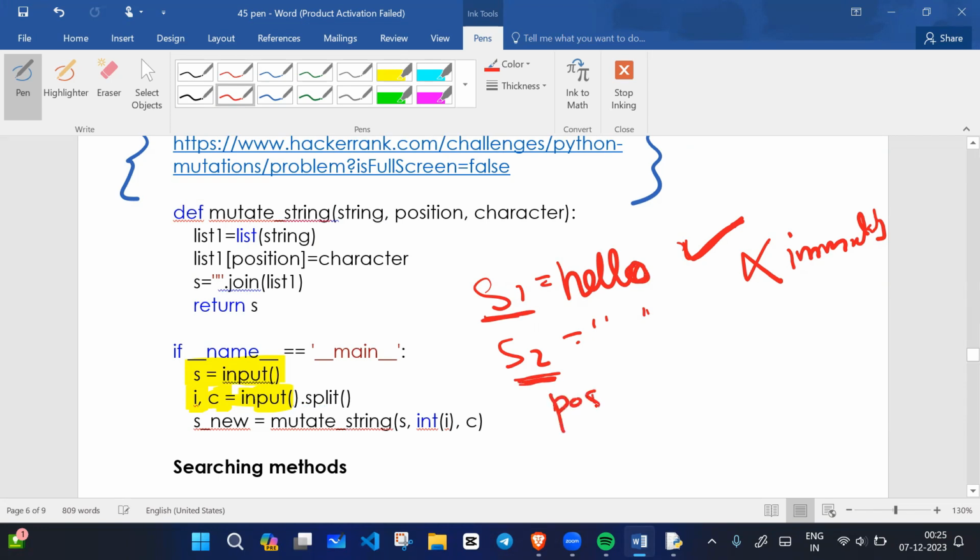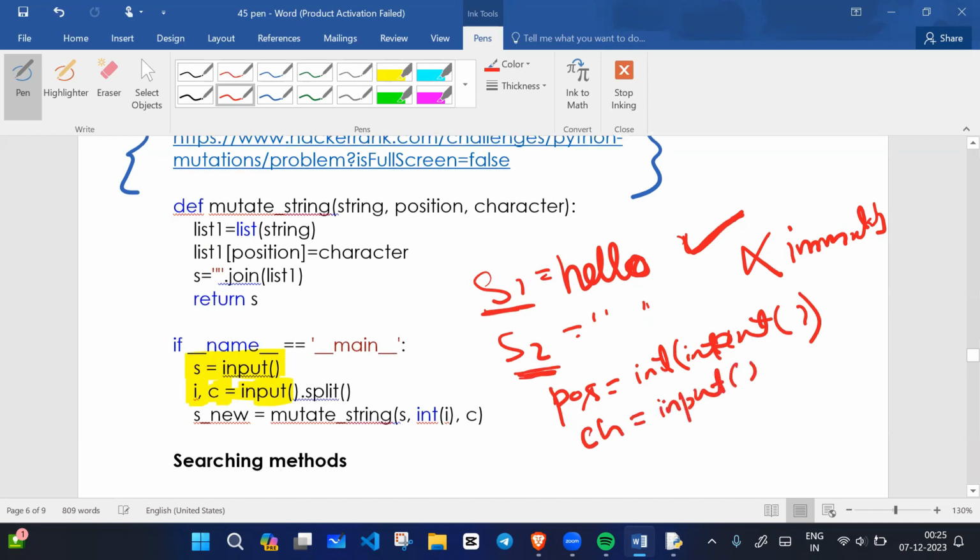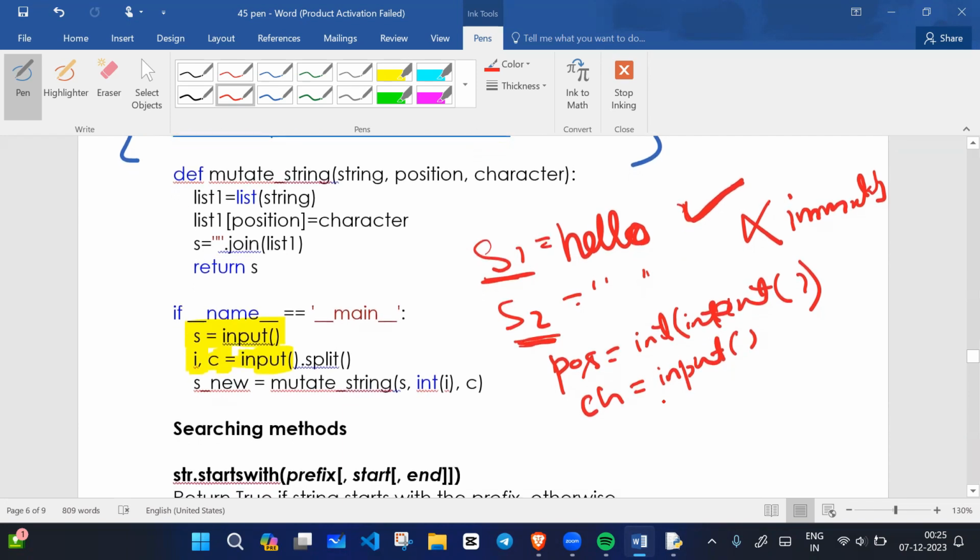So first we will ask the user for a position, like enter any position. Here is the input: enter the position value, like which position character you want to replace. And then I will ask for a character, what character you want to give as well. All right, so what I will do now, here I will write